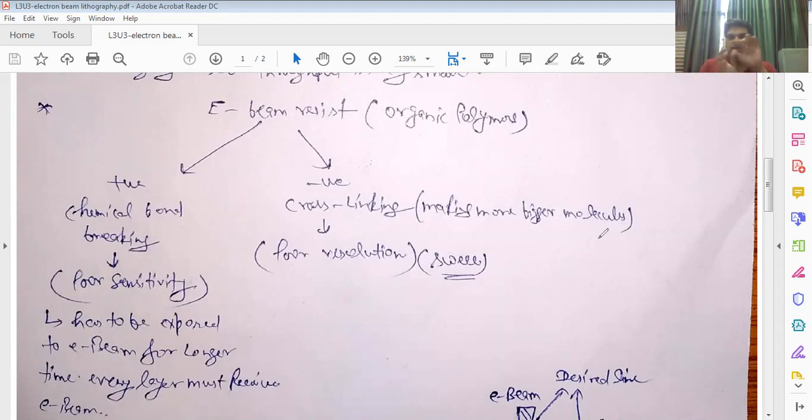Due to this swelling, some particular resist portion will be swelled. Some will not be swelled. So, some sort of distortion onto the surface can be obtained if we use negative electron beam resist. The disadvantage of this negative electron beam resist is poor resolution. Resolution is very poor. So these were the two electron beam resists that we use generally.